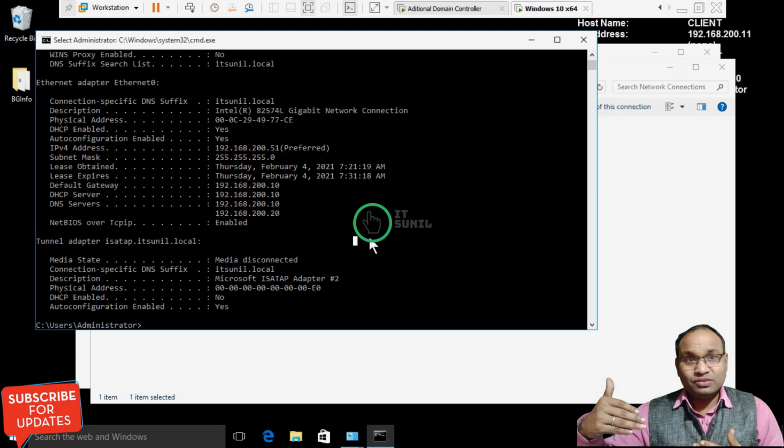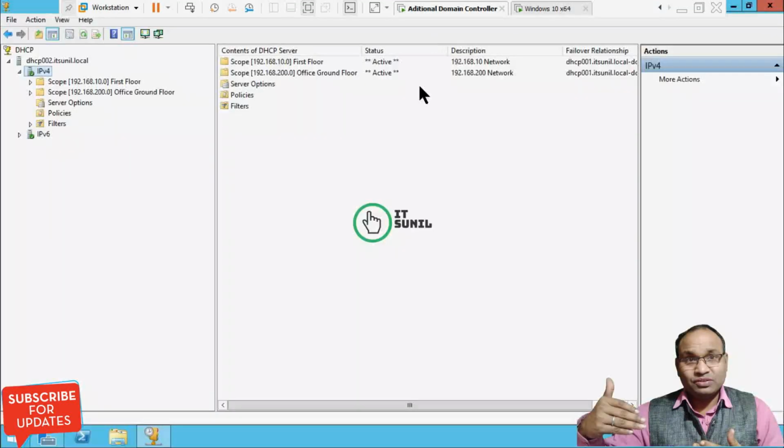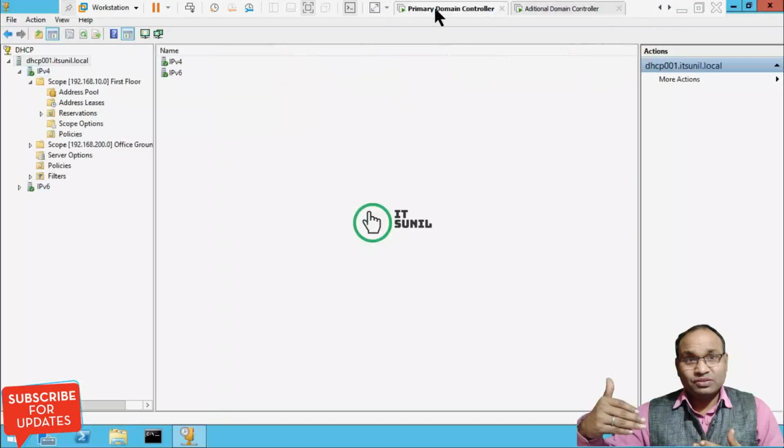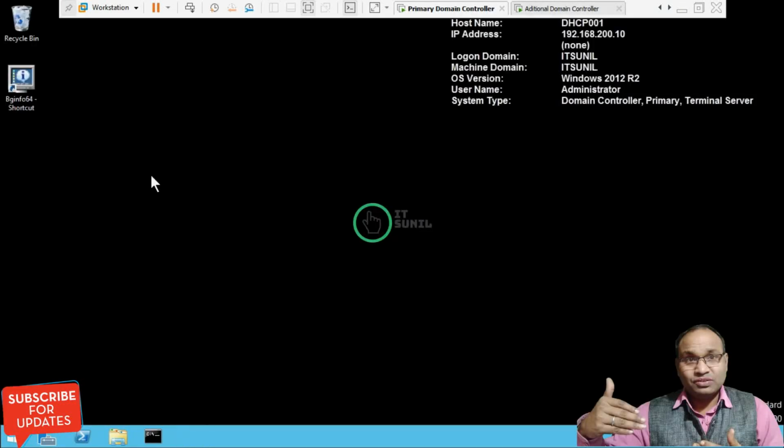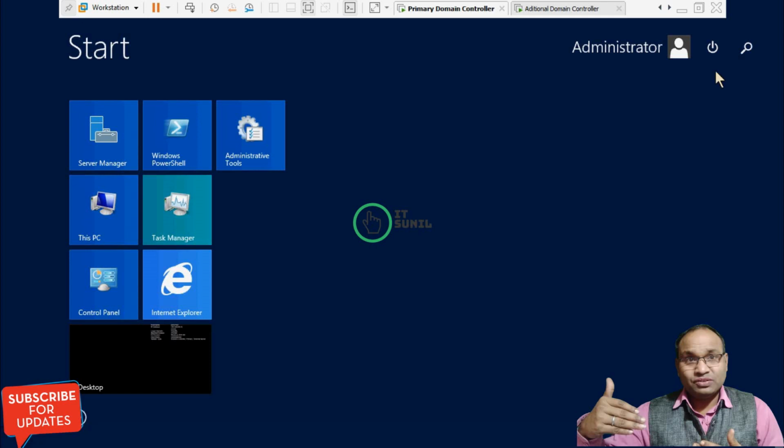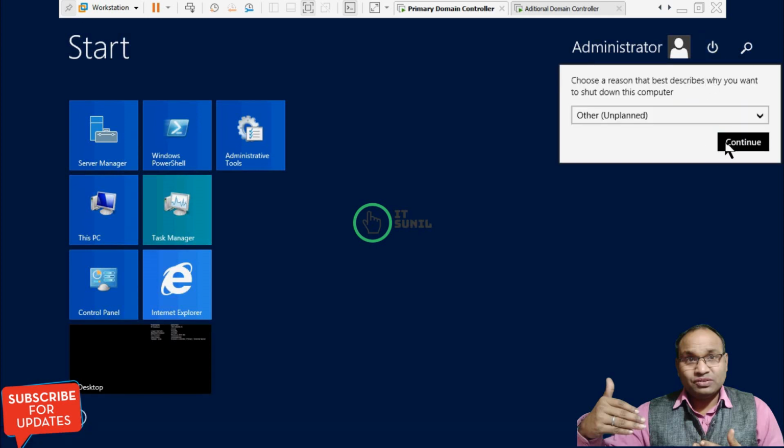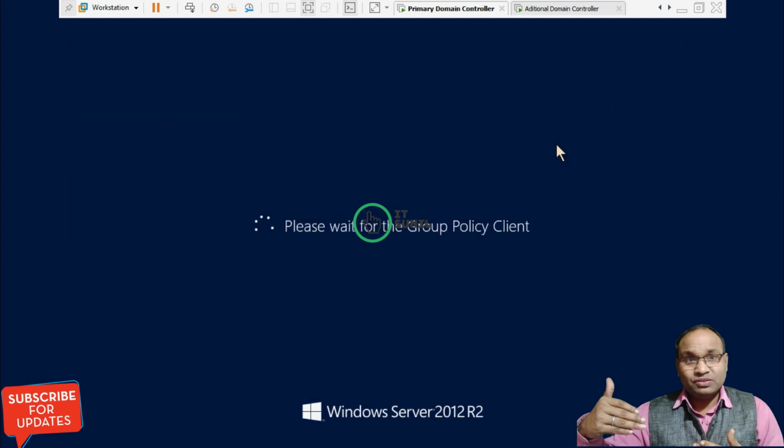So let's see. Now I'm going to shut down my primary DHCP server. So this is my primary DHCP server. Now I'm going to shut it down. After the shutdown, we will wait for 10 minutes.